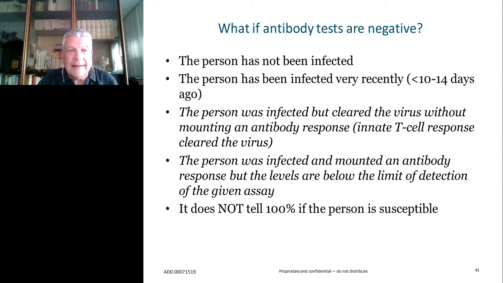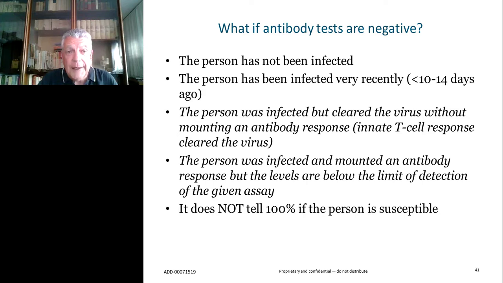Then what if antibody tests are negative? And this will become more and more frequent the more we go on in testing. The easiest interpretation is that the person is naive to the infection, has not been infected yet, and possibly will never be, hopefully. But you may also have a person that is tested during the very early phases of infection, so antibodies have not been raised yet. We have seen cases in which antibody response is pretty frequent in the early stages, but this is not common, especially if people have very few symptoms.